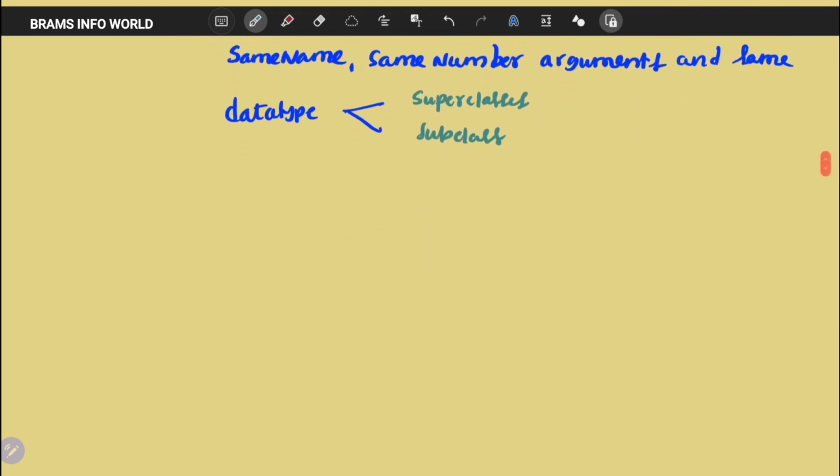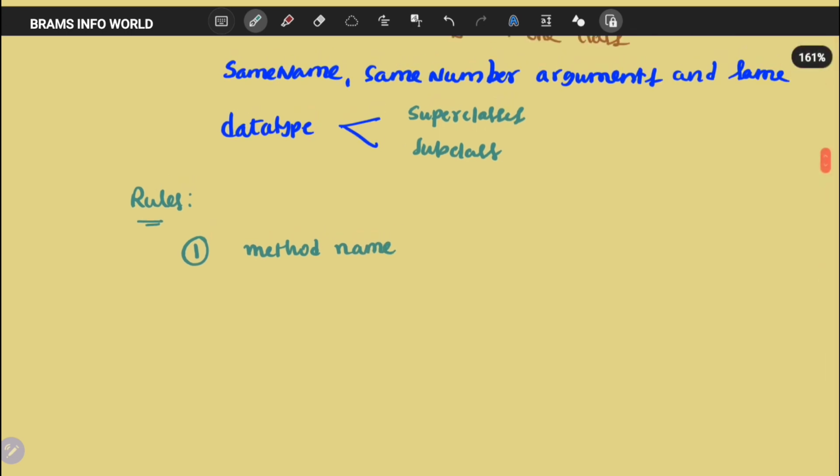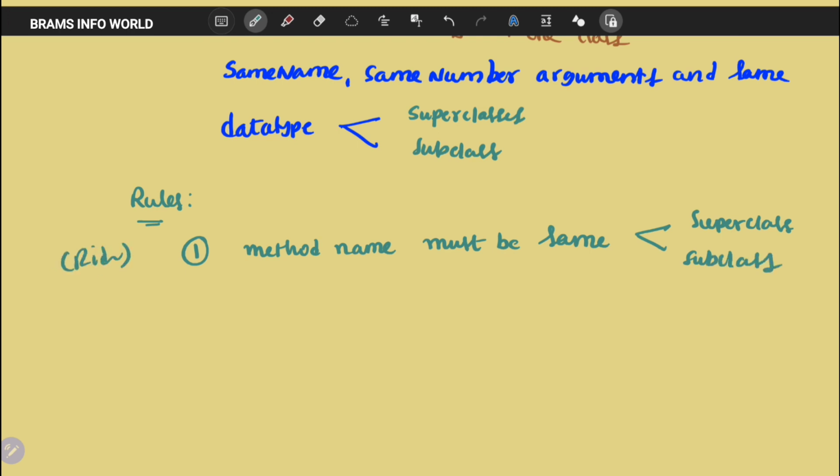We have some rules. Okay, so let us discuss the rules. The first rule is the method name must be the same in the superclass and the subclass.